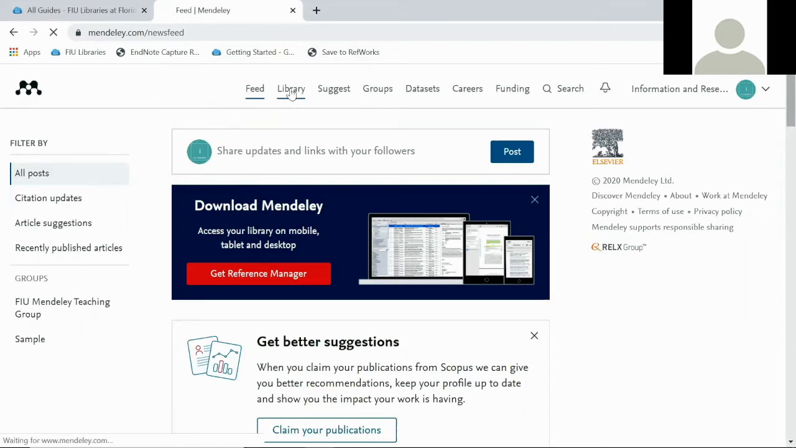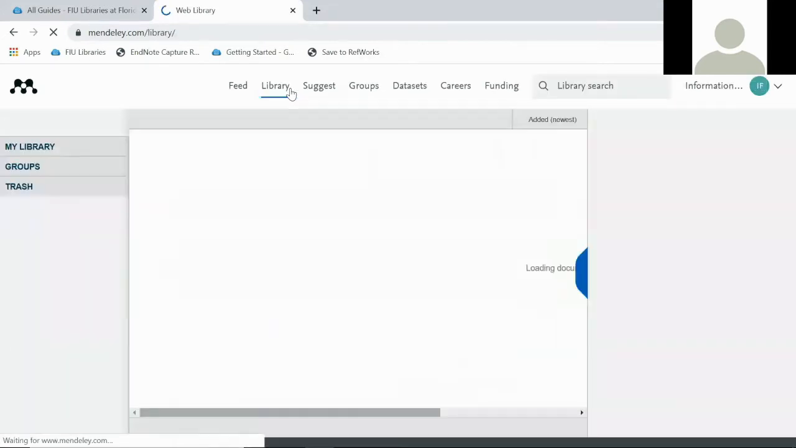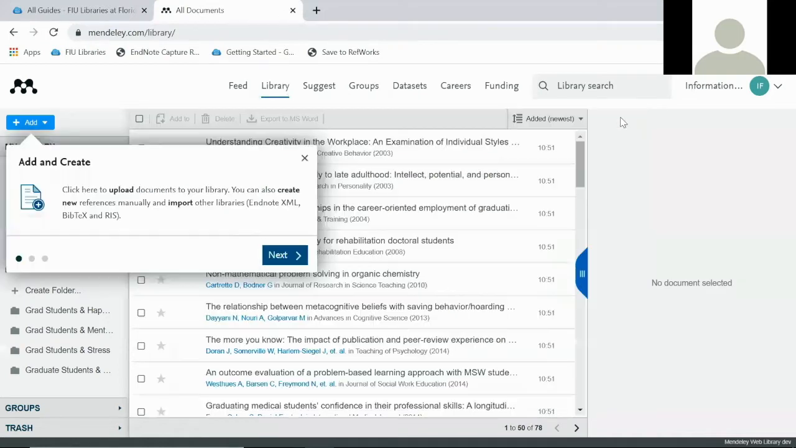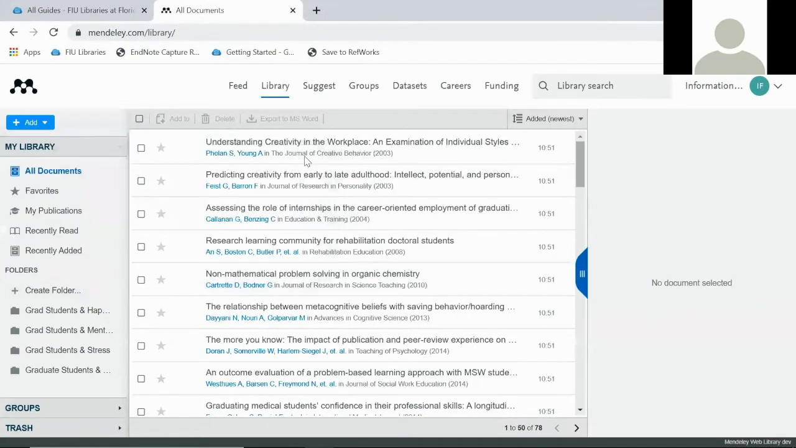I'm going to switch over here to the library. The library shows you some options where you can view, organize, and manage all your saved references. Okay, and this is going to be the main focus of the workshop. So the first time you log in, it's going to give you this walkthrough, but we'll be coming back to this and basically focusing on this aspect of Mendeley for the rest of